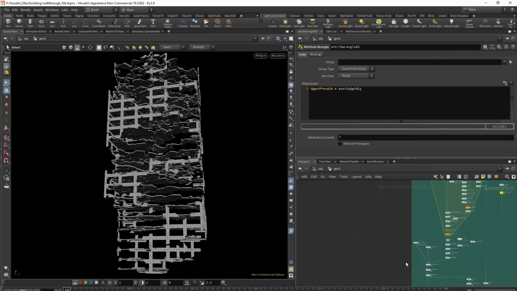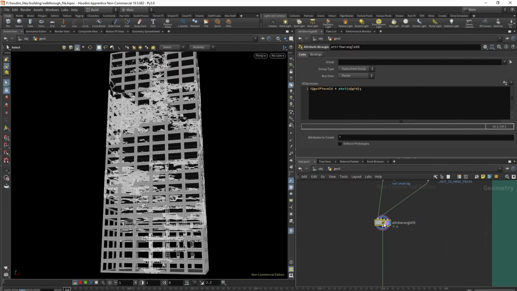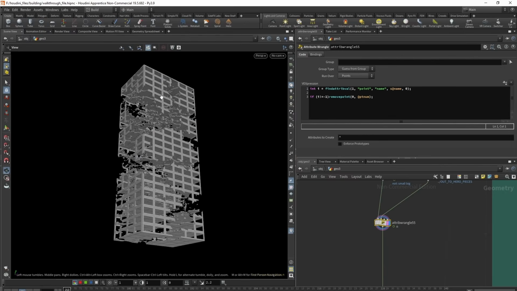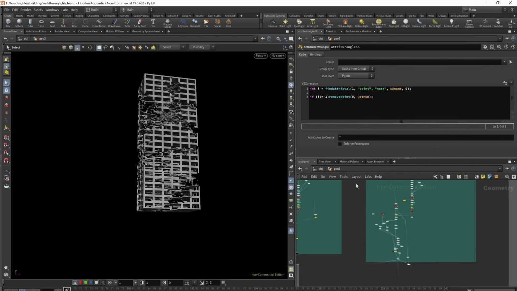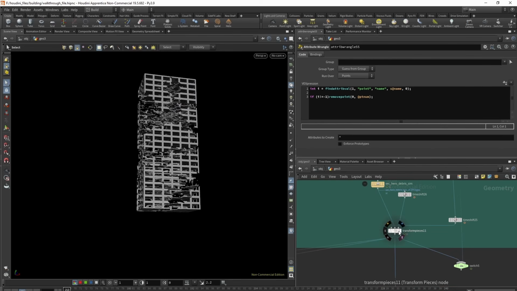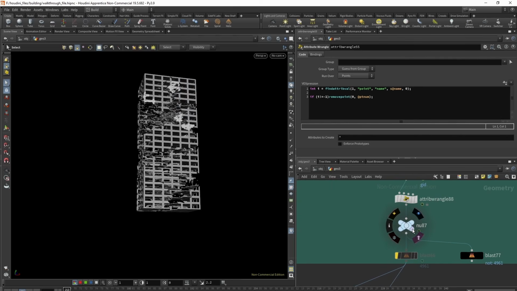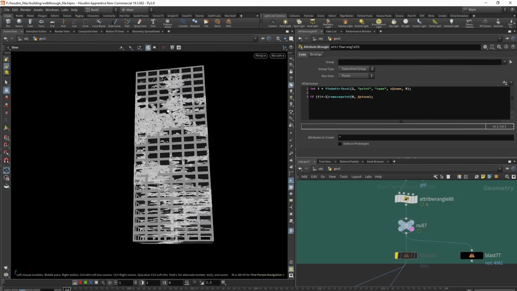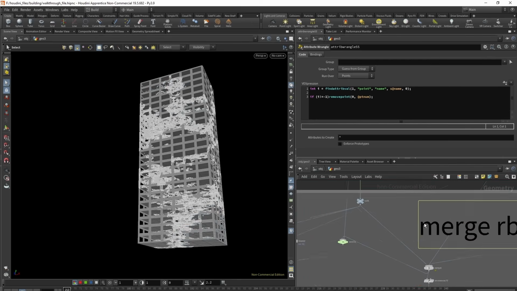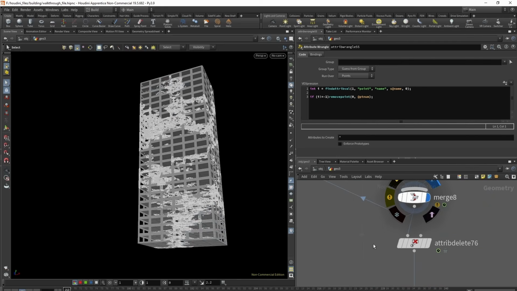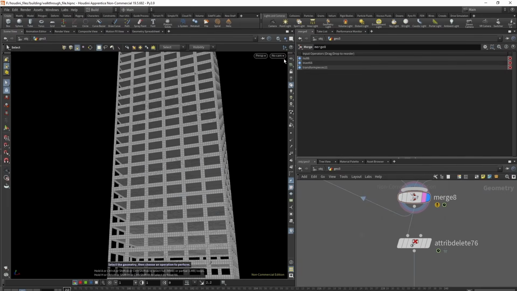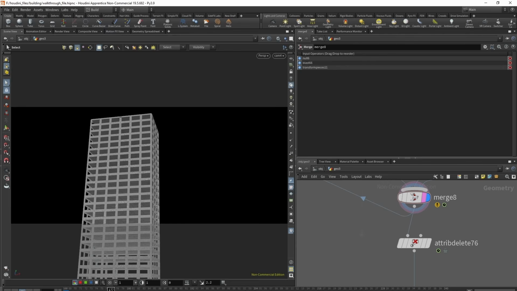So now basically what we have, as you remember, we have here all the pieces that we did not upres. So the big ones and super small ones. We have those that we isolated, that we didn't like, and we have the pieces that we just upres. So that's our whole thing, right? So now we merge everything. We merge all of that. So this is our RBD sim basically,